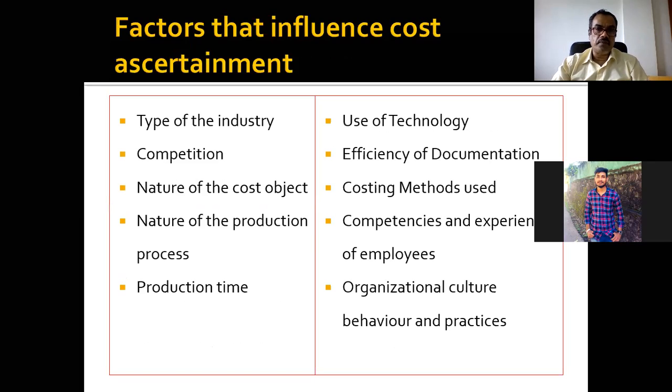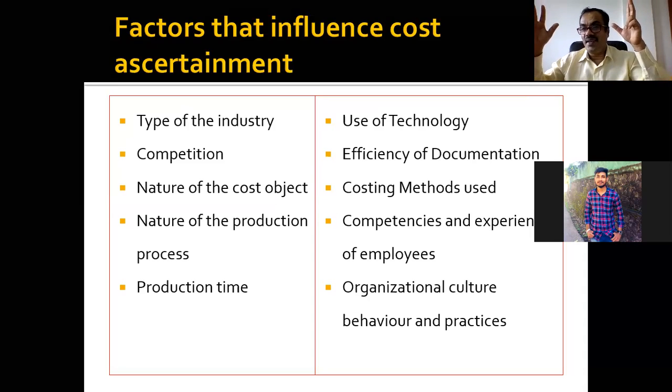Some factors that influence cost ascertainment. Cost ascertainment is one step before job costing, the determination of cost. Therefore, when we learn job costing, actually you are learning cost ascertainment as well. In job costing, you are doing cost ascertainment. What type of cost ascertainment? Cost ascertainment of a job. Clear? Job costing is cost ascertainment of a job. That's it. That's another way of